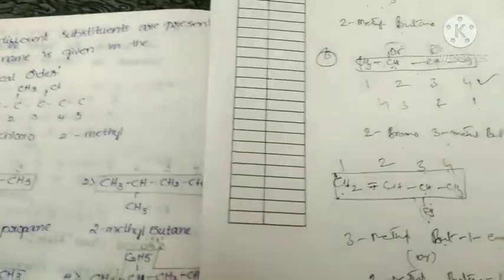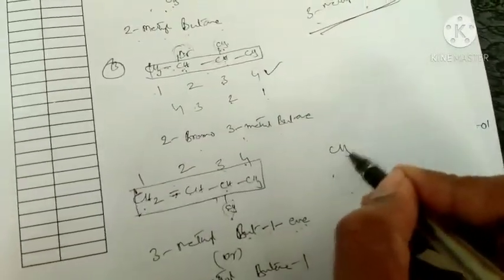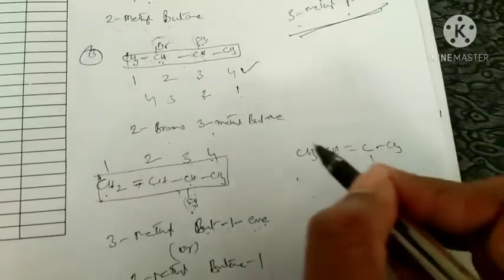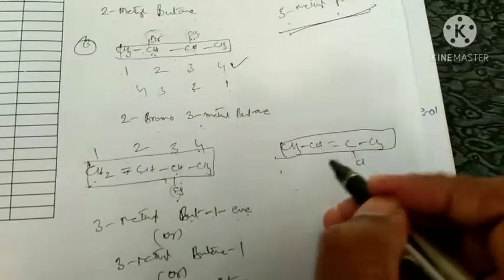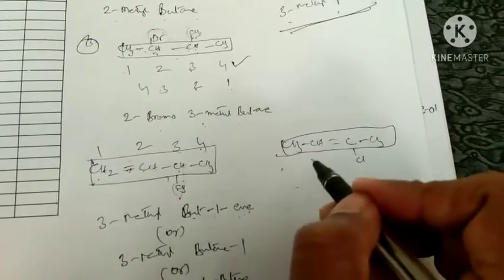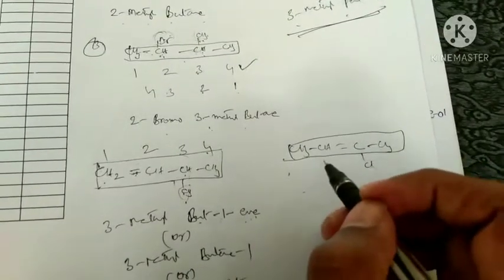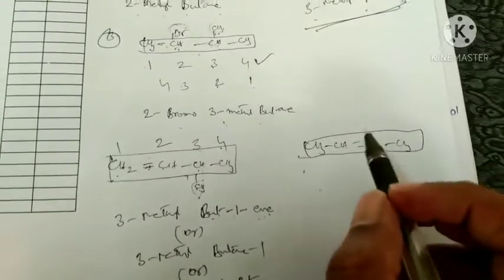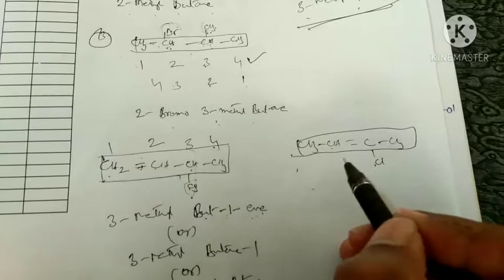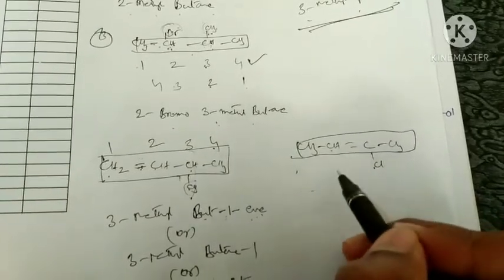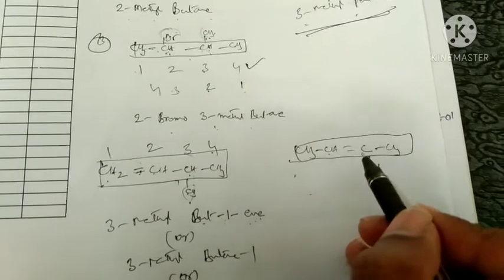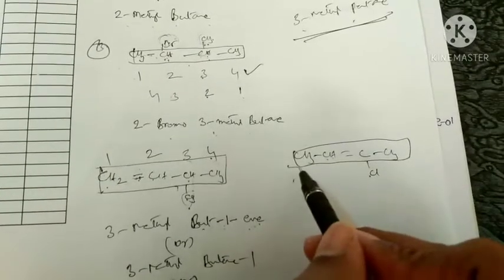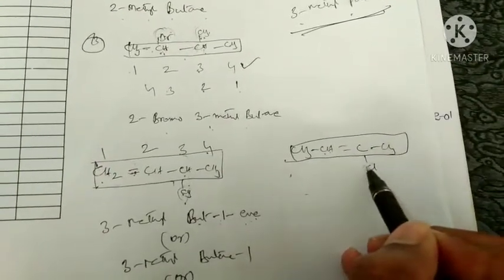Next one, CH3, CH double bond C, Cl, CH3. So obviously this is what, students? This is straight chain, no doubt. We have to give number. Before giving number, what we should see? We should see whether functional group or substituent is present. Which are present? Both are present. This is functional group, this is substituent. If you give number from left to right or right to left, this functional group carbon gets second position. But if you give number from left to right, this substituent chlorine gets third position.